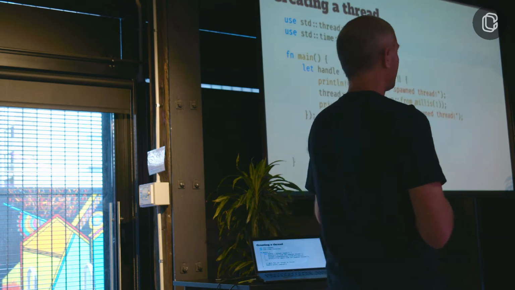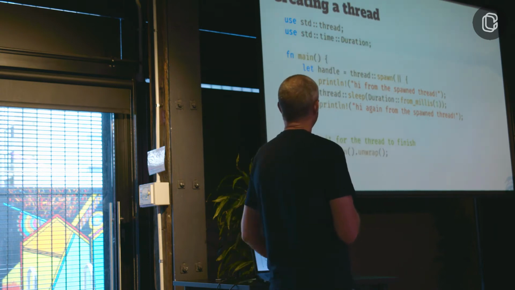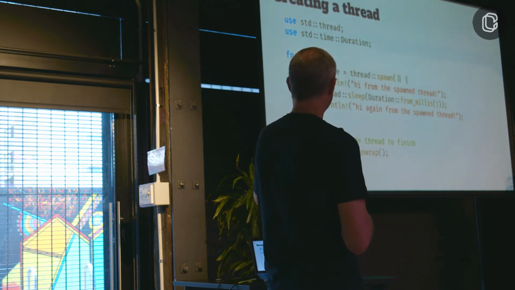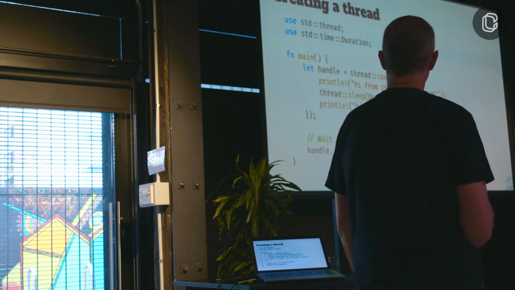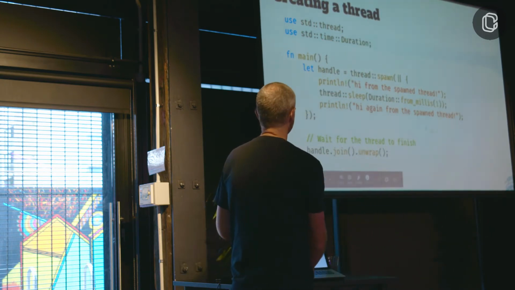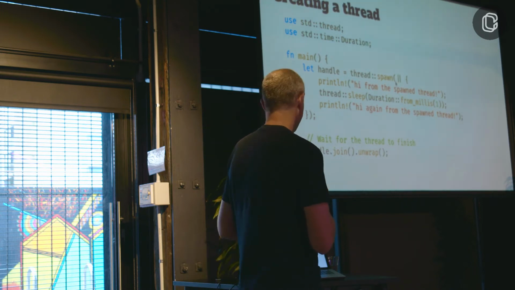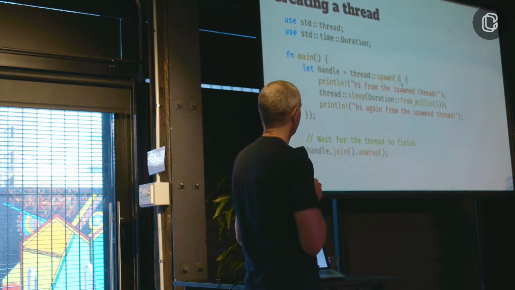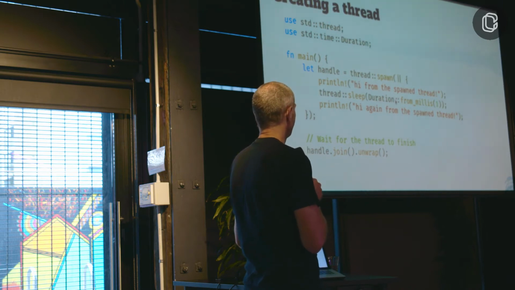So I'm just going to go through this quickly and show you some examples of how it's done in Rust. For creating a thread, the standard library has a thread module, which you import, and it's quite easy. You just spawn your thread. In this particular case, it's spawned inside a closure, which you can think of as a function. This thread will print something out, sleep for a short while, and print something out again, and here it will come down here,